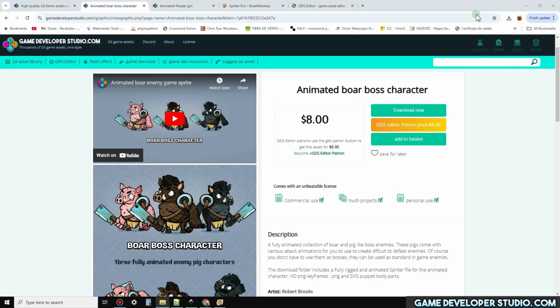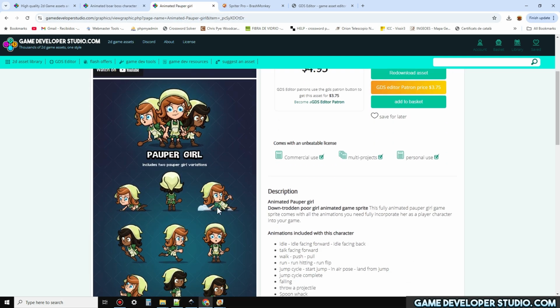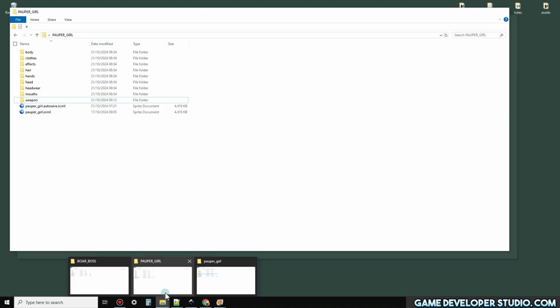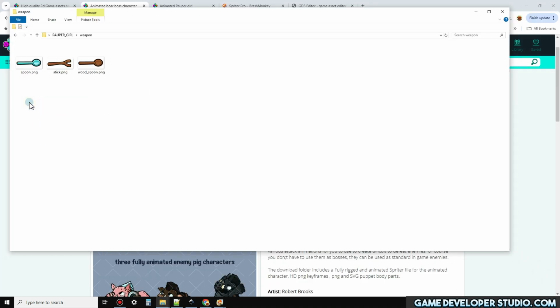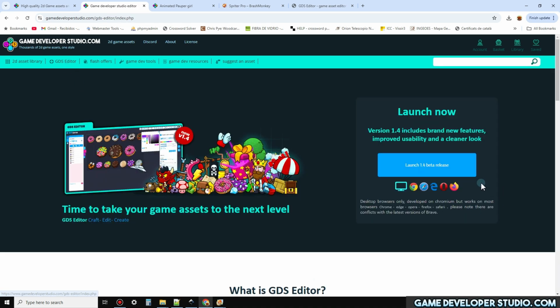So the first thing we need to do is get the weapon from the boar and the weapon from the girl. Now if we look at the characters, the issue is that this girl's facing right and this boar's facing left, so the original files, the PNGs, are facing the wrong way round, so we need to flip those, and it's most likely that this boar is a larger size than the pauper girl, so we need to flip and scale. So to flip and scale, I'm going to do that in the GDS editor app,